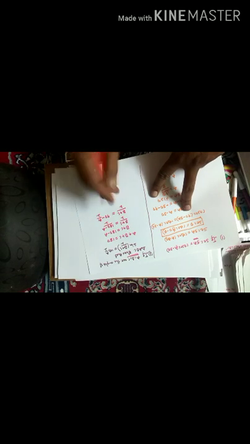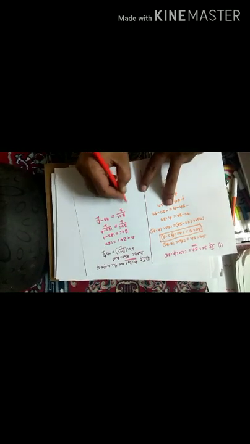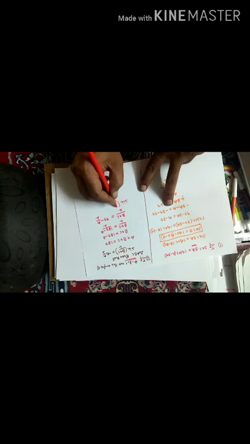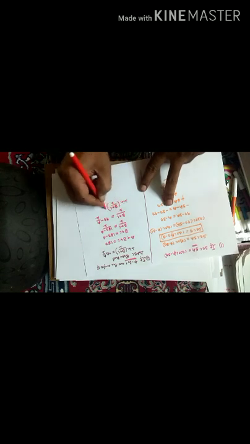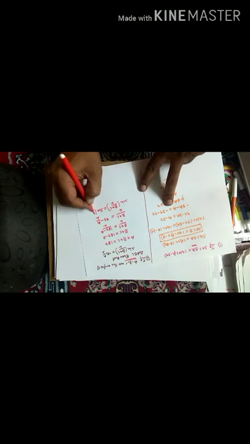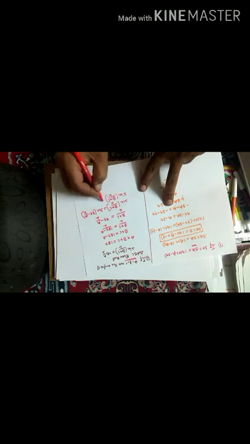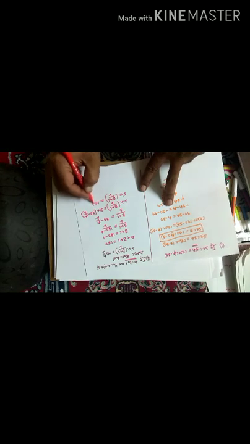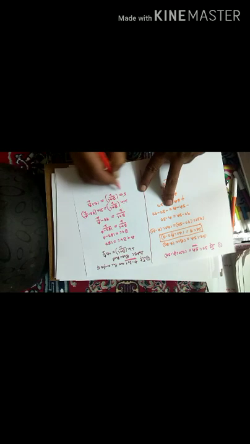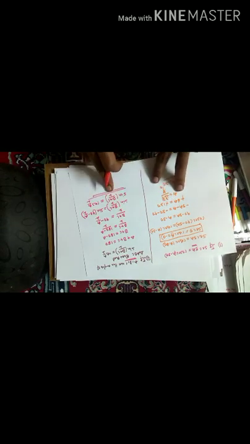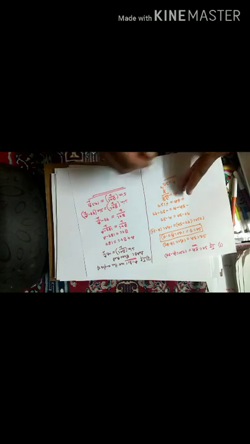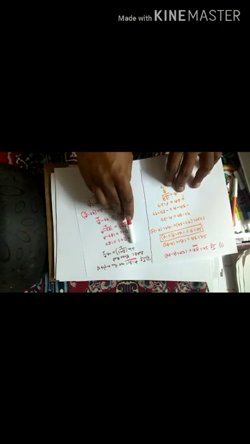Here both sides you apply sin. So sin (B plus C) by 2 is equal to sin (90 minus A by 2). Sin (90 minus theta) is equal to cos theta, that is cos in place of theta, A by 2. This is the proof. So sin (B plus C) by 2 is equal to cos A by 2. In the same way, if they ask you tan (B plus C) by 2, it is equal to cot A by 2. Here if you are asked tan, you will get cot. If you are asked sec, you will get cosec.